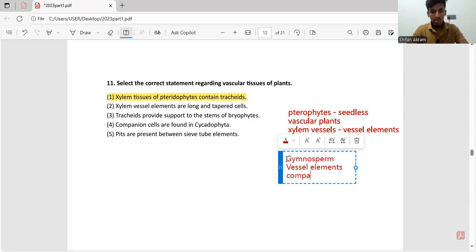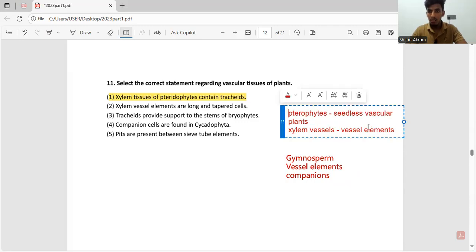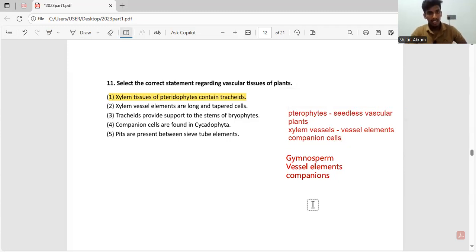These are 2 things that are not present in gymnosperms. Even in seedless vascular plants, they don't have companion cells. So this is something you should remember. So this statement is wrong because Cycadophyta, as I said, is a gymnosperm and they don't have companion